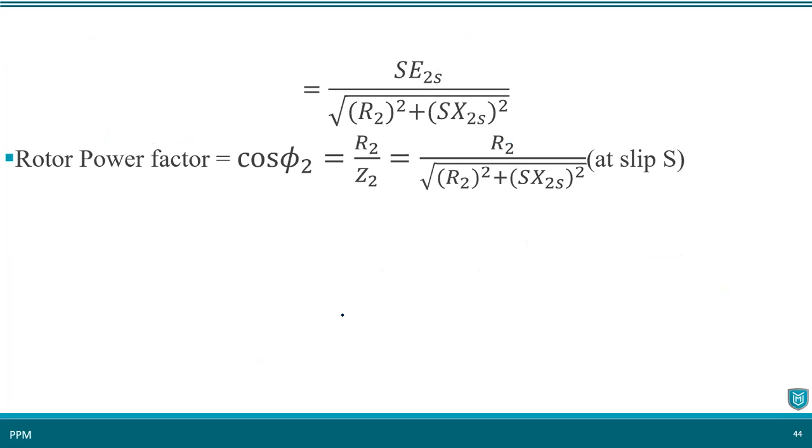Let me show you one more equation where we have considered the slip. This is the rotor current. So it depends upon at what speed, how much voltage is produced on the rotor, as well as the total reactance offered. Why are we discussing the current right now? Because torque is proportional to the current. Torque is proportional to the current, so that is why we are discussing this parameter.